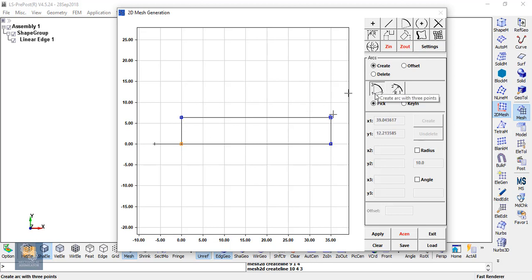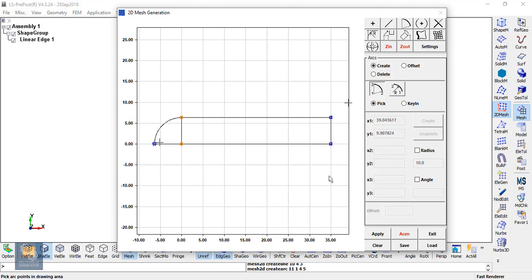This option is we can create the arc by using the center point as the first selection and the next 2 points which create the profile. Select the center arc first and then create the arc.